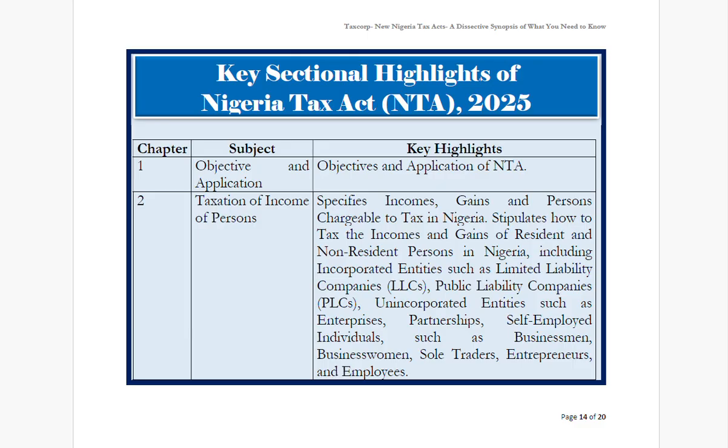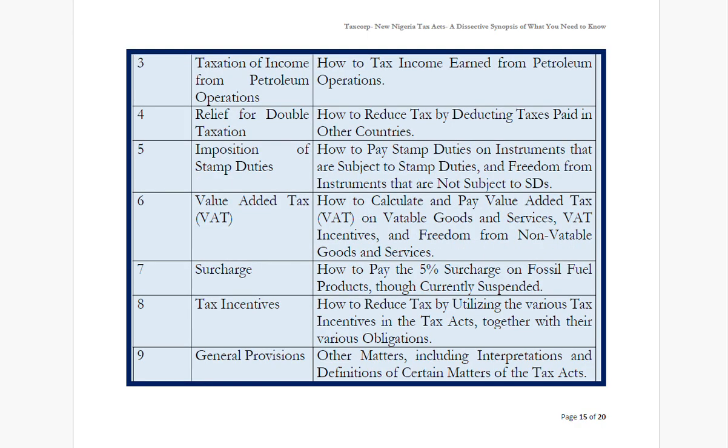Chapter 2 deals with taxation of income of persons. It specifies incomes, gains, and persons chargeable to tax in Nigeria. It stipulates how to tax the incomes and gains of resident and non-resident persons in Nigeria, including incorporated entities such as limited liability companies and public limited liability companies, unincorporated entities such as enterprises and partnerships, and self-employed individuals such as businessmen, businesswomen, sole traders, entrepreneurs, and employees. Chapter 3 deals with taxation of income from petroleum operations, how to tax income earned from